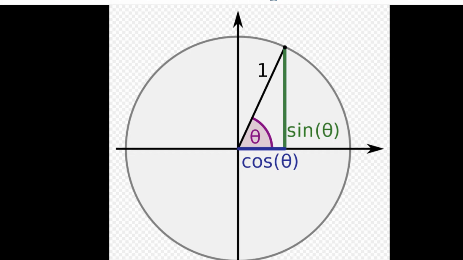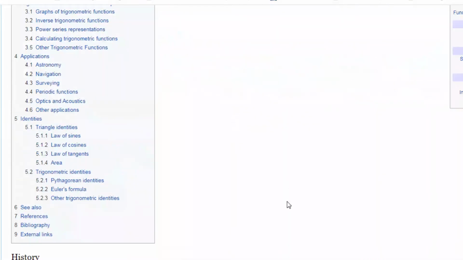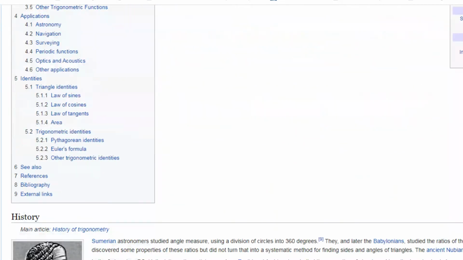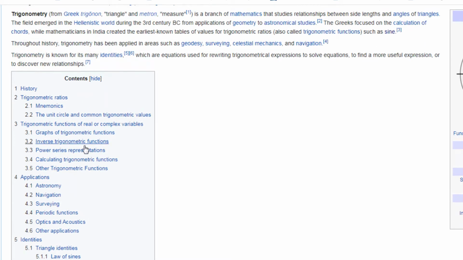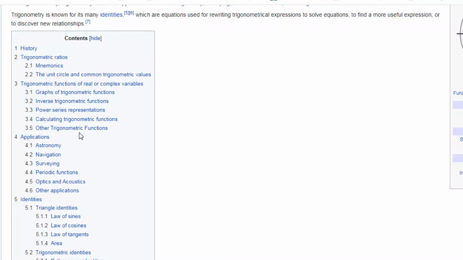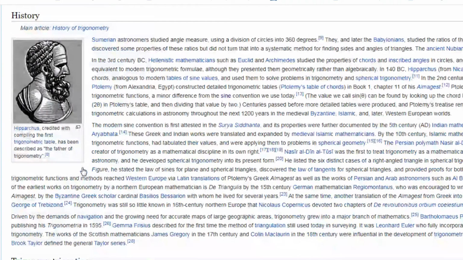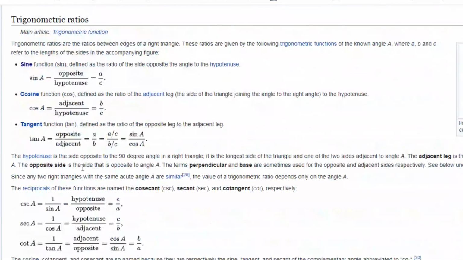So these are actually having those two qubits, and then there are tons and tons of that. One is mnemonics, unit circle, trigonometric values, powers, inverse, graphs, calculating trigonometric functions, astronomy, navigation, surveying. Yeah, so there are tons of things which are, I could say,